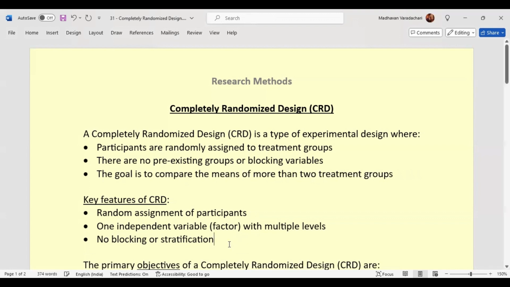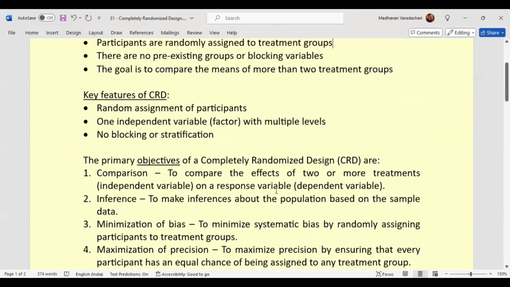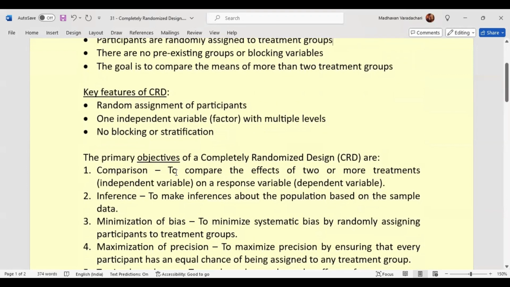Key features of completely randomized design. One is random assignment of participants. Another one is one independent variable, or factor. Variable is also called a factor, which has multiple levels. No blocking or stratification. The objectives of completely randomized design are comparison, which means we can compare the effects of two